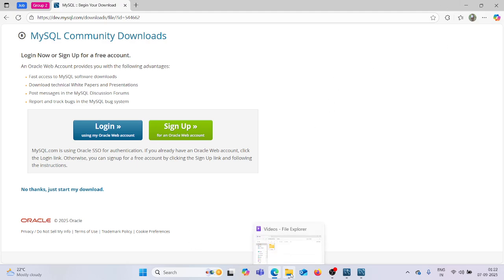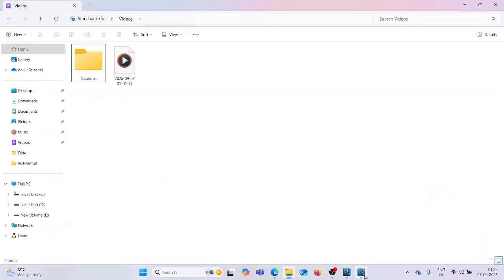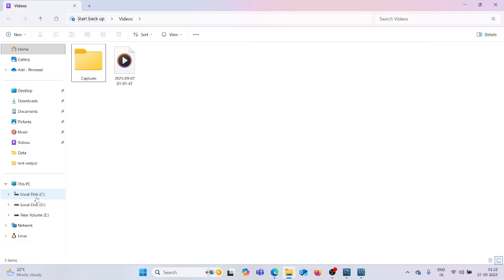I will just show you how it looks. Yes, this screen is showing MySQL Workbench, with that database symbol and dolphin symbol. So mostly we'll do all our queries in MySQL Workbench.